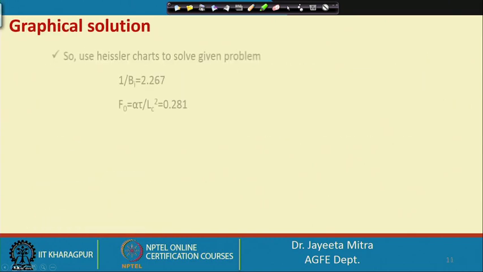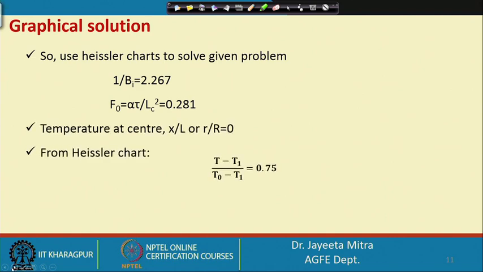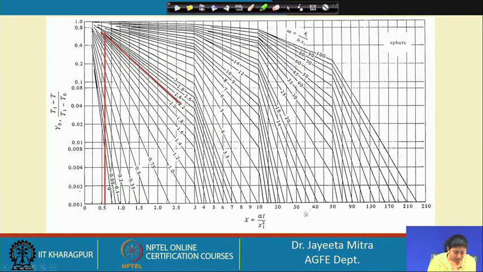So, using that, here we are getting the dimensionless temperature parameter as 0.75. Okay. So, putting all the values we can find the T 0, that is 20.25 degree Celsius, right.